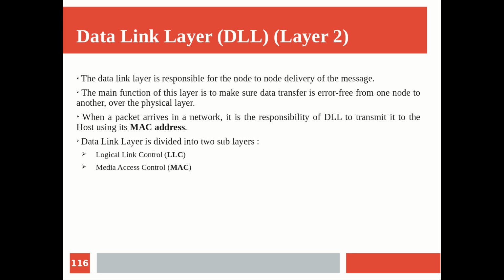The data link layer, if you want, you can divide into two sublayers further. Because it has a number of functionalities, people divided it into two sublayers: the logical link control sublayer and the media access control sublayer. From the name itself, you can see that the media access control sublayer deals with the access of the actual physical media. So the access control is taken care of by the media access control sublayer, and by looking at the MAC address, it does the delivery of the data.